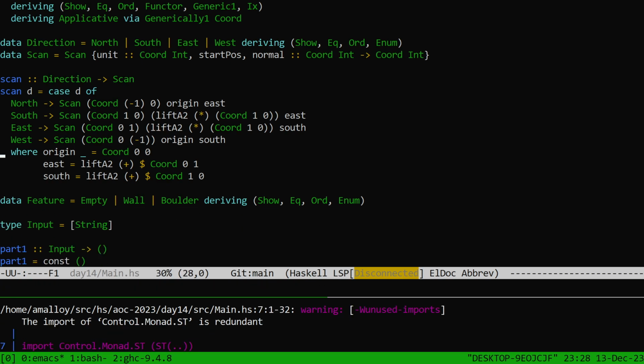I feel like I'm making things more complicated than they have to be, but I always have. Last time I had to do this kind of thing, whatever year that was, I struggled some with defining all the various ways you can. Oh, it was the one about like treetops, right? It was like a forest, but like skyscrapers, where from a position you had to be able to look in all 4 directions and scan until you ran into something taller and count how far away that was or something. I struggled with that a bit. So